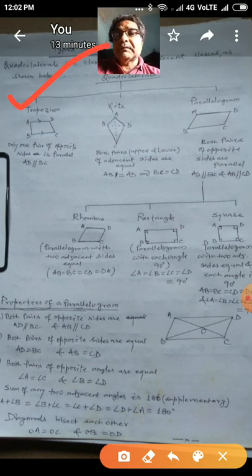First, trapezium. So here you see for trapezium ABCD, below the figure it is written that only one pair of opposite sides is parallel,